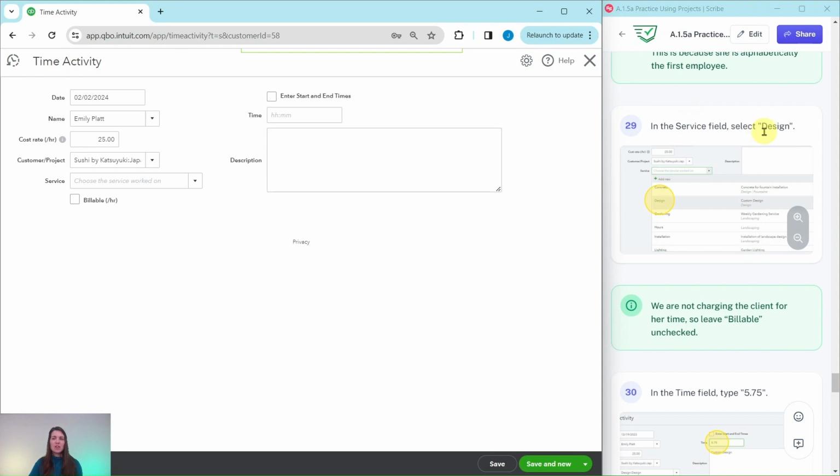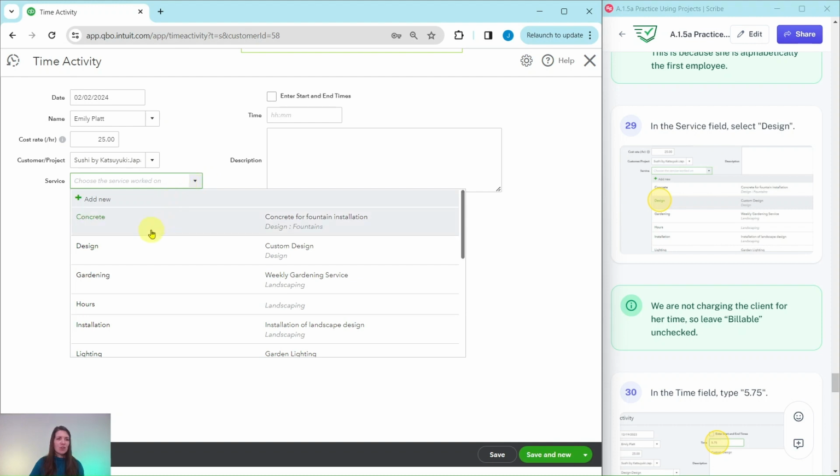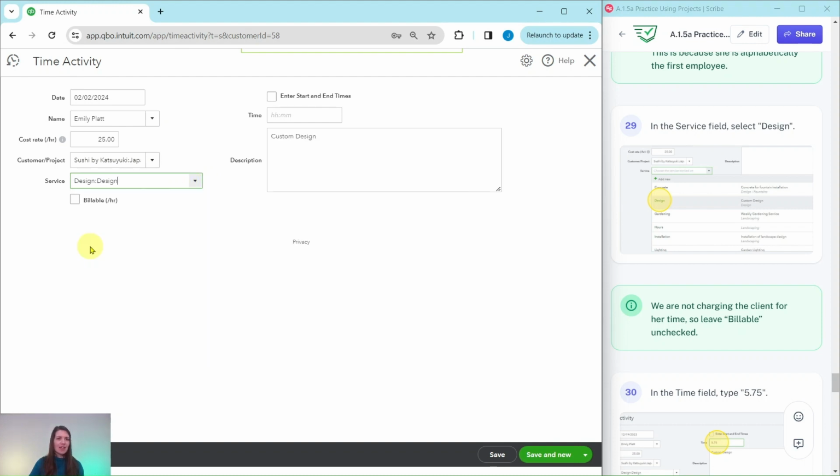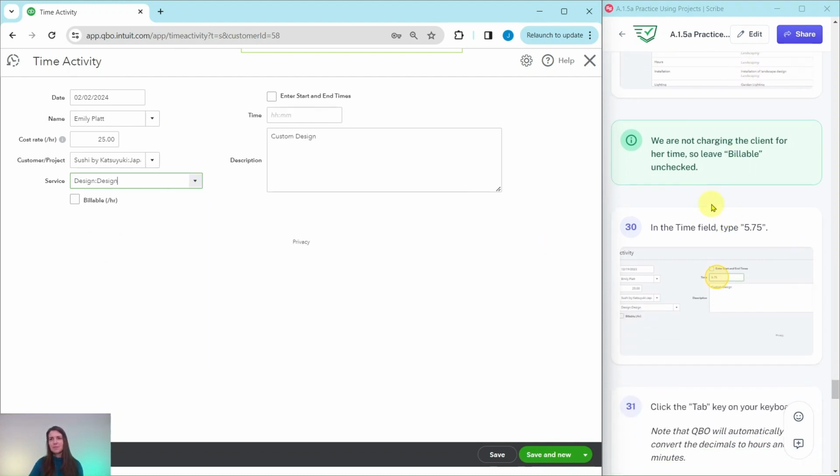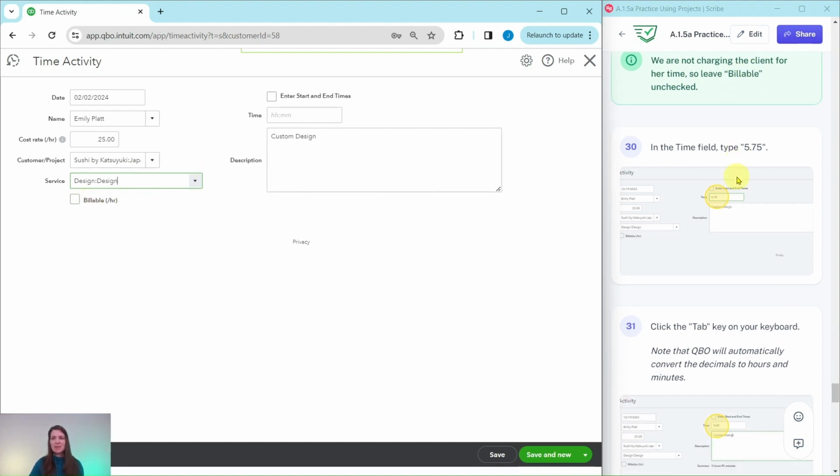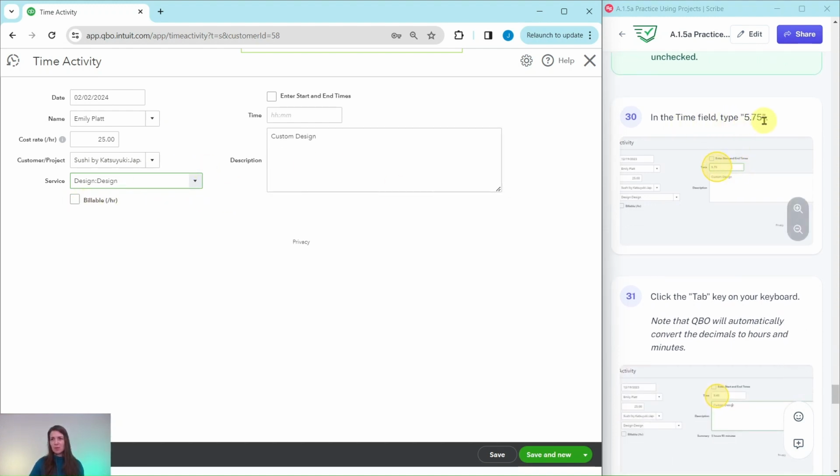So in the service field, we're going to select design since that is what she was doing. Click into that down arrow right there. You can see it's towards the top. Go ahead and click on design. We are not charging the client, Sushi by Katsuyuki, for her time, so we're going to leave billable right here unchecked. The time for this was 5.75, so click into that time and type